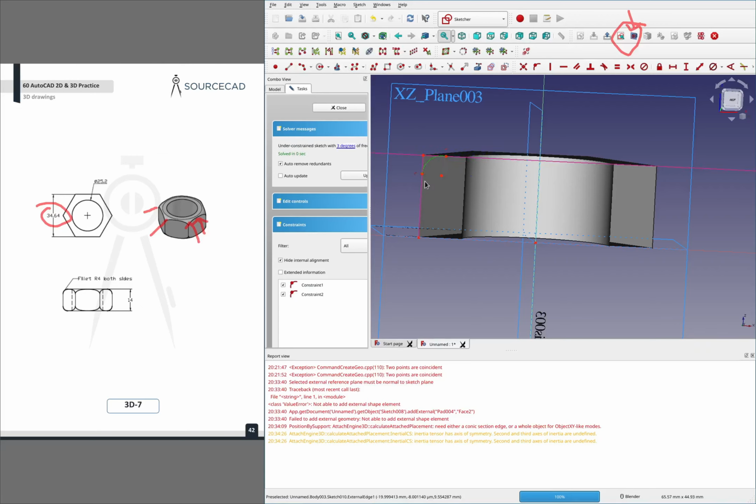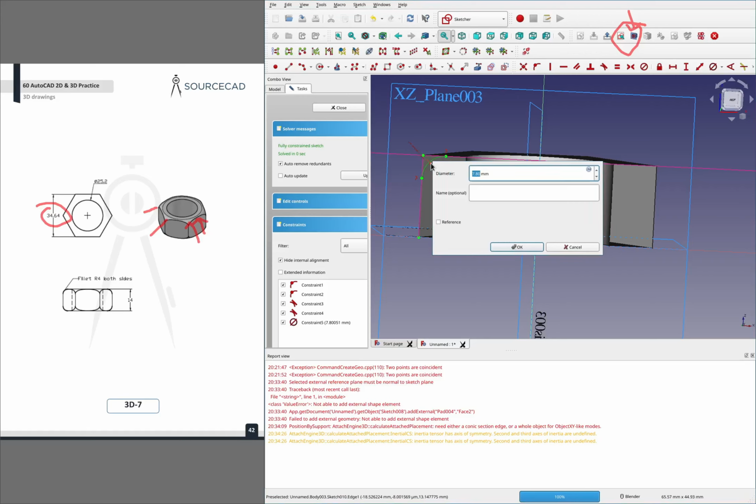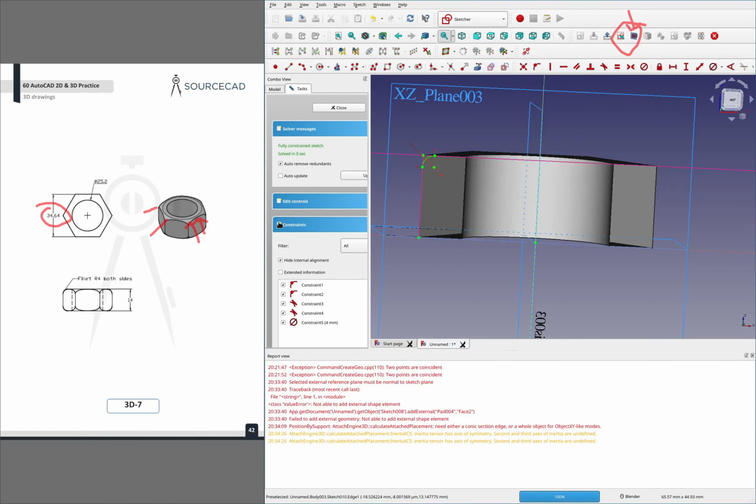And be tangent there. Oops, did not like that. Tangent, tangent 2.0, and a radius here, R4. I'm not sure why they call out both sides here. I mean, I would assume that, oh, I see. So this is saying fillet on the top and fillet on the bottom. I was a little confused because I thought they were going fillet on the left and fillet on the right,